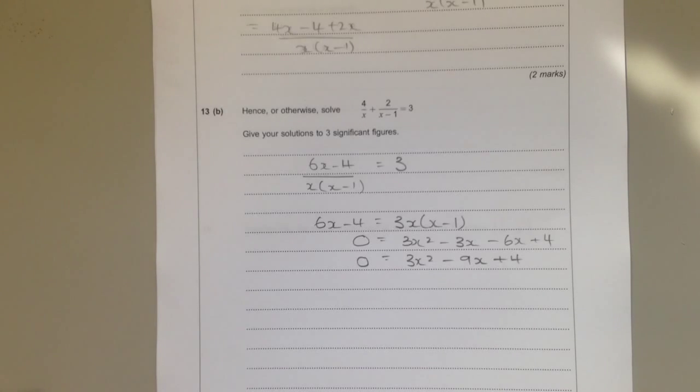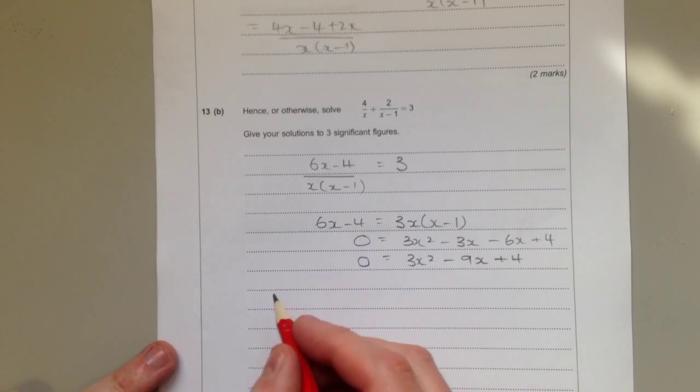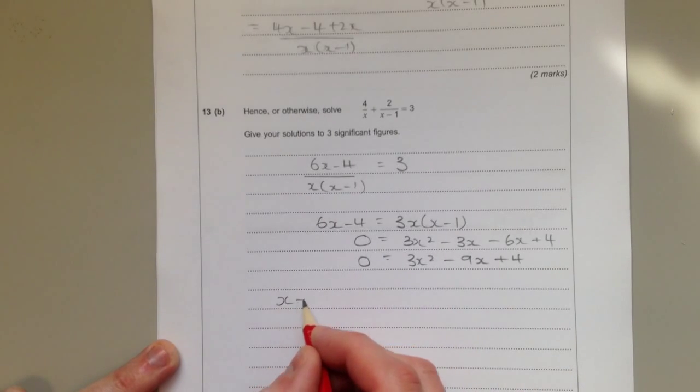So in order to solve this, you've got 3 possible ways. You can factorize it, you can use the formula, or you can complete the square. Well, if you look carefully, this one's not going to factorize easily. You can try out if you want to, so therefore we're going to have to use the formula, which is